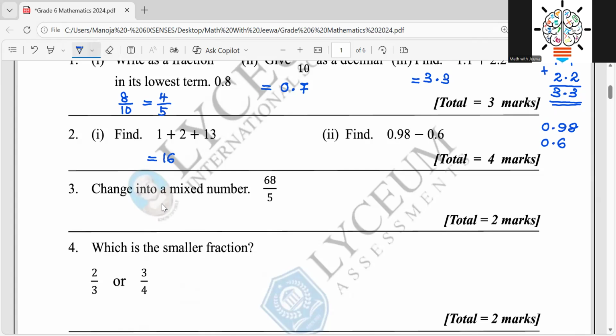0.98, you have two decimal places. 0.6, you have one decimal place. So then you write it like this. If you feel that this place is blank, you can fill it with a 0, right? And then you can subtract: 8 minus 0 is 8. 9 minus 6 is 3. And the answer is